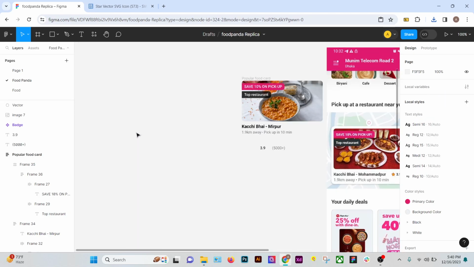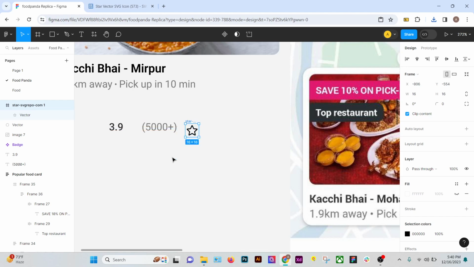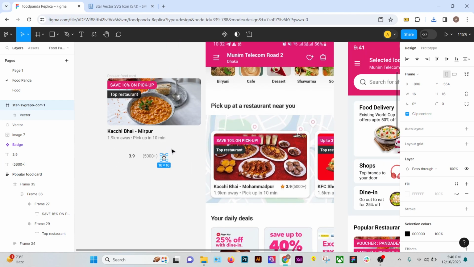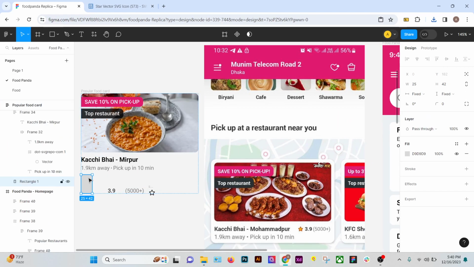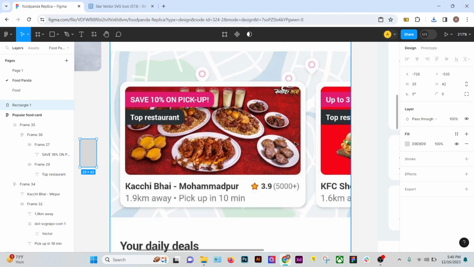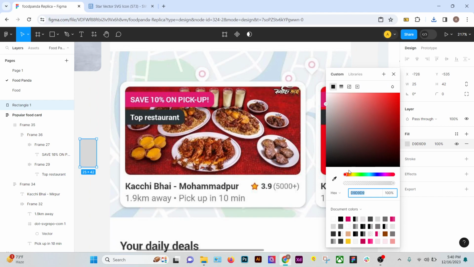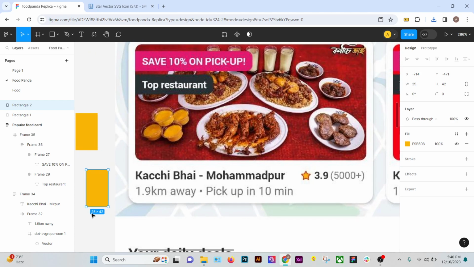Ctrl X, Ctrl V, and the color of this icon will be this color. So for this, we can take the color from here. Yeah, yellow, and the other color will be